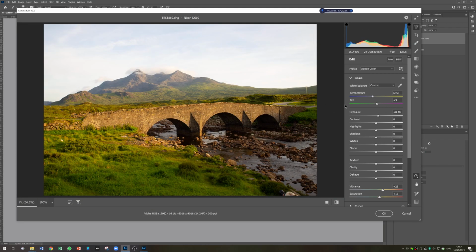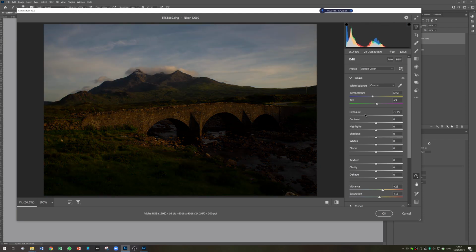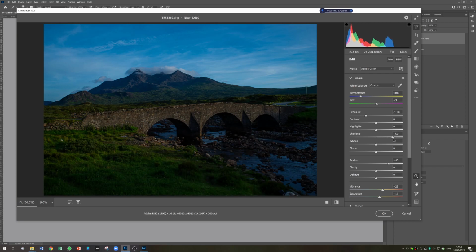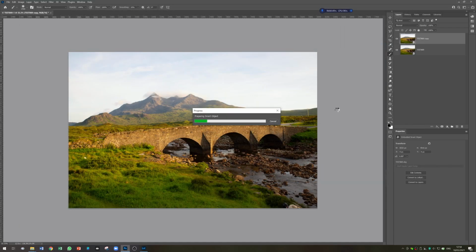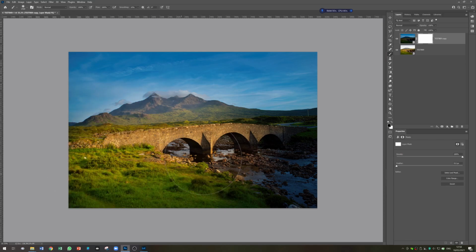So again, we're going to just do a quick edit here for the sky. We're going to take that exposure down and give it a bit more texture, make it a little bit more blue, just so that we can see the difference on the edit. And we'll probably bring up the shadows, and we're only looking at the sky here, so we're going to hit OK. And again, that's rendered down. We're going to quickly just stick a mask on, and we're just going to come in and brush that edit